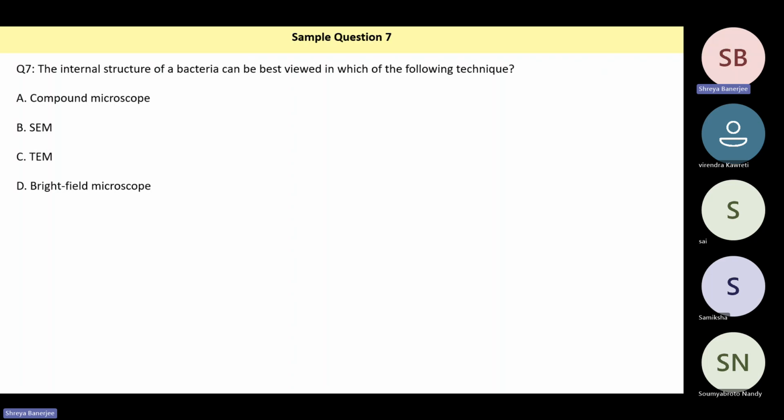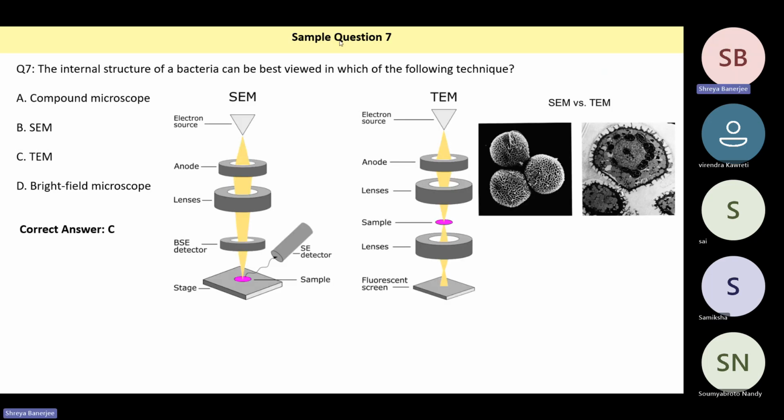Then it is saying the internal structure of a bacteria can be best viewed by which of the following techniques? TEM? Yeah, that is correct. So again, the difference between SEM and TEM. In SEM, you are focusing the electron beam on the sample surface. And in TEM, you are focusing the electron beam to pass through a slice of the sample. So SEM will only give you an idea about the external structure, whereas TEM will tell you about the internal structure